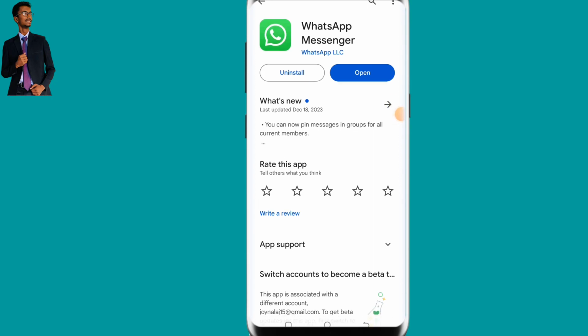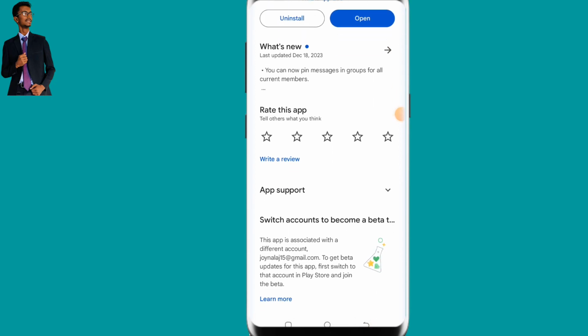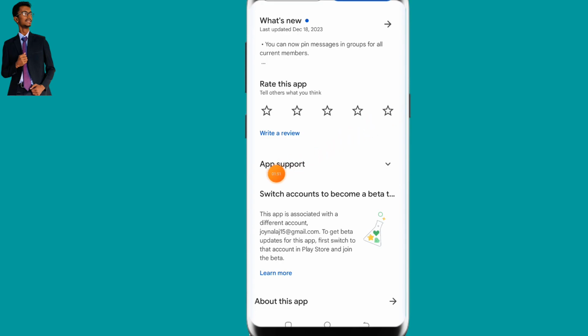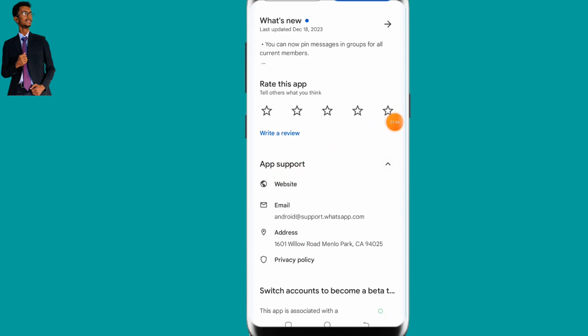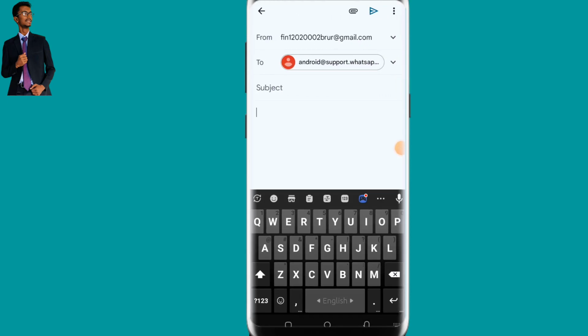Then you have to scroll down, and you can see the option app support. In app support, tap the down arrow, and then click on email. You can see email here. After clicking email, you can see this kind of interface. There you have to write an